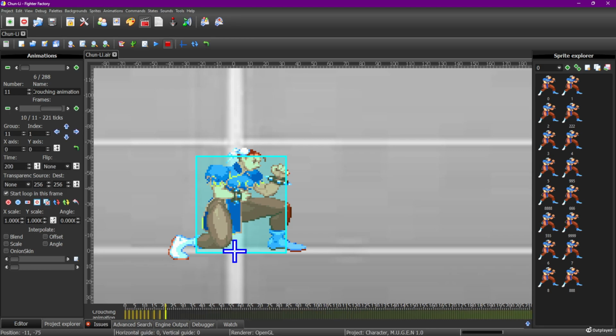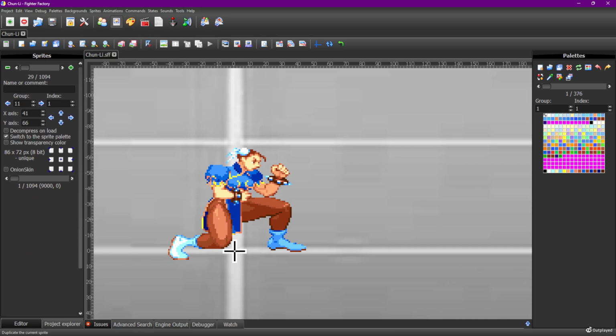But I do not like a single sprite for the animation. MVC2 is infamous for downgrading all of the crouch animations for the characters. So I'm gonna fix that, because as you can see when I'm playing it, after the physics drops, she just sits in this one frame, and I hate that. I want her to have some type of animation to her, some type of movement. So what I'm gonna do, looks like base frame is group 11, index 1. So I'm gonna jump over, do a duplicate. For that duplicate, I'm gonna rename that duplicate triple one, like I do.